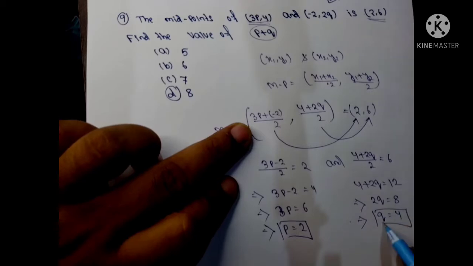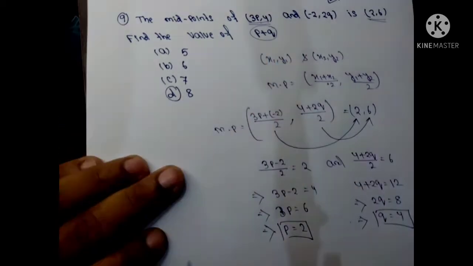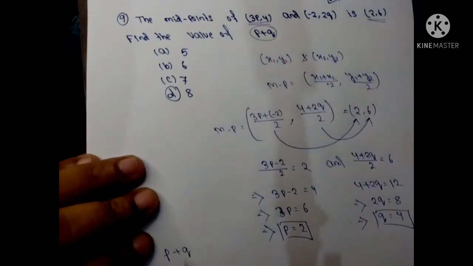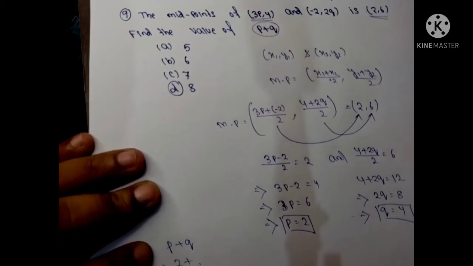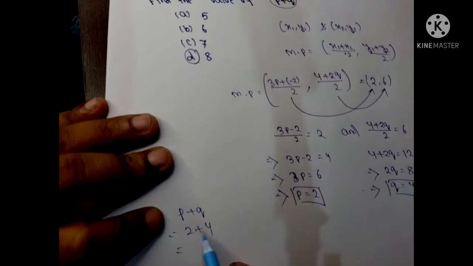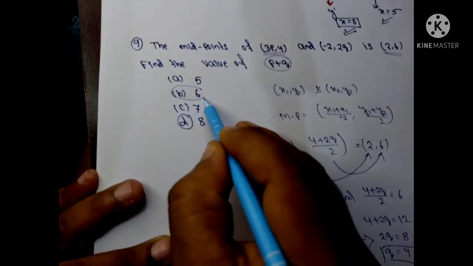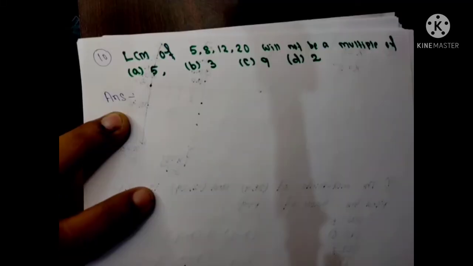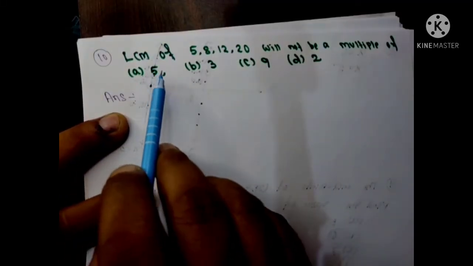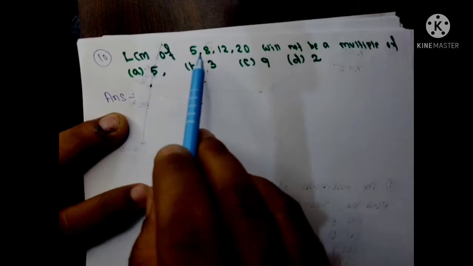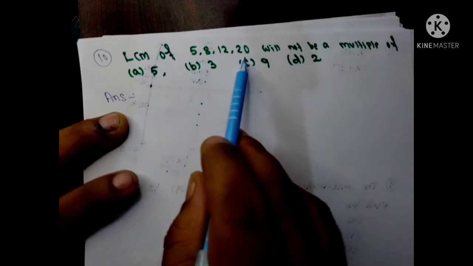Now we have to find the value of p plus q. The value of p is 2 and the value of q is 4. So what is the value of p plus q? 6. So option B is the right answer. Now the question number 10 states that